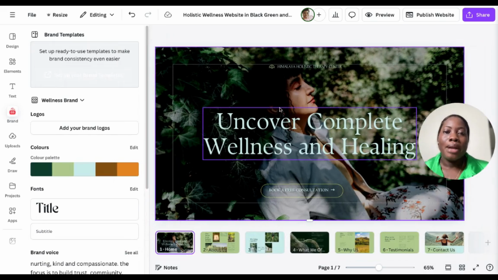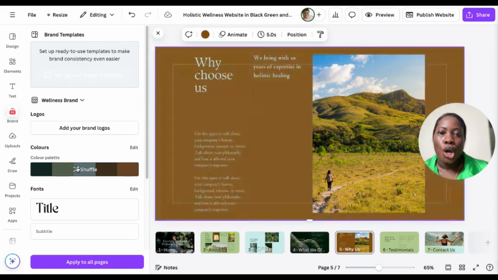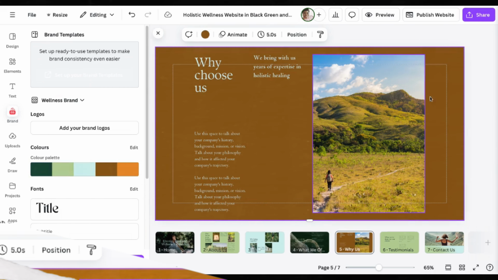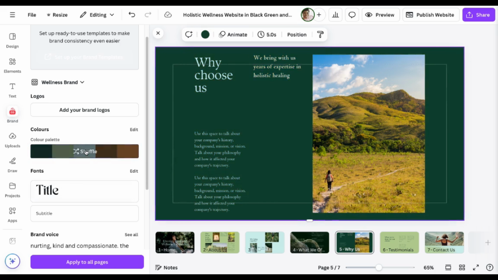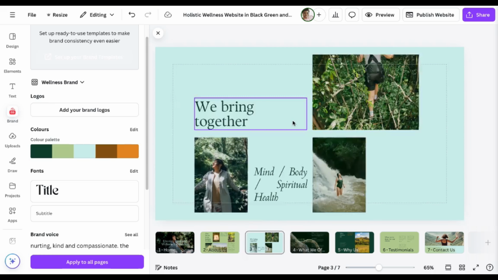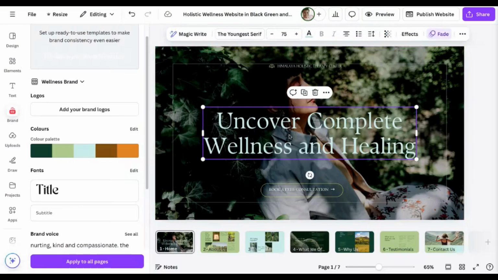All right, so I'm going back to home, and I'm just going to go through quickly and change the color palette. Okay, so now that we have made some adjustments to the color palette based on our brand,